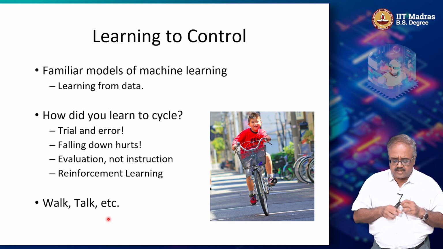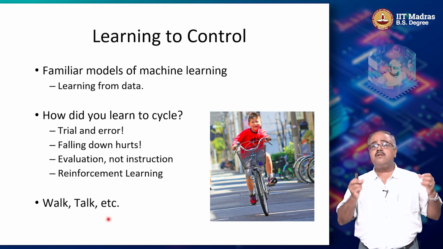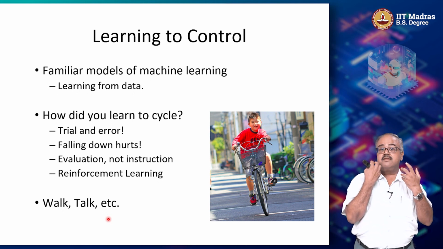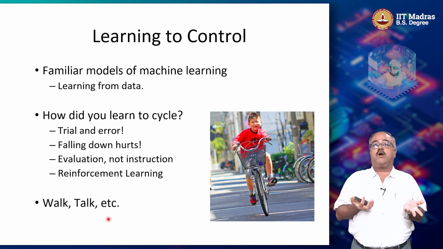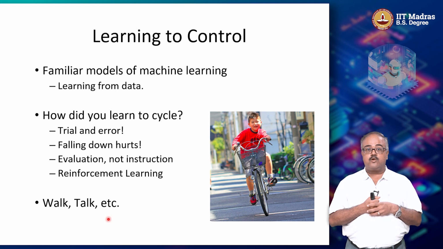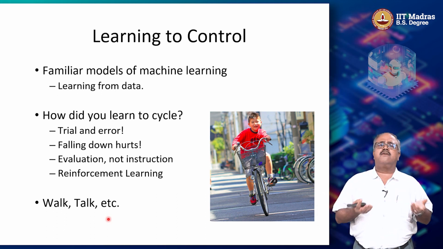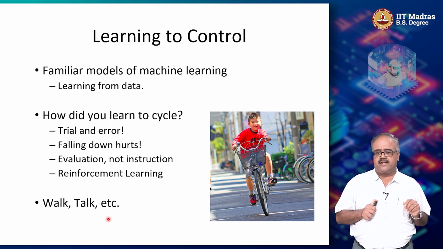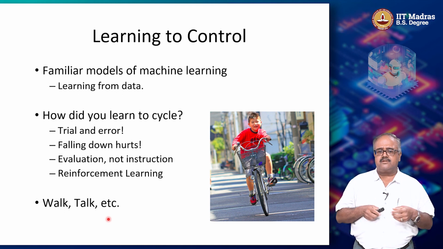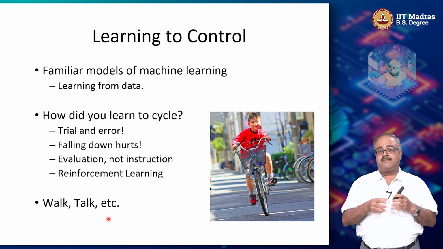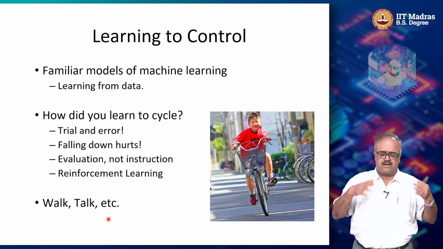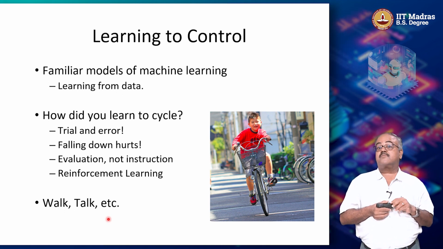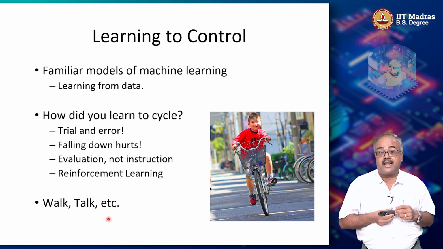So if you think about it, it's not just in cycling. There are a whole lot of different things that humans learn or animals learn which fall in this trial and error paradigm. Think about walking. I don't know how many of you have seen babies learn to walk. They're full of errors. The babies keep falling all the time before they learn to stay balanced, and then they start walking. So a lot of trial and error before the success comes. In fact, babies' bones are made of rubber while they are learning to walk, because they fall down so many times, nothing happens to them. They basically learn through trial and error. Nobody tells them how to walk. Likewise, take the task of talking.